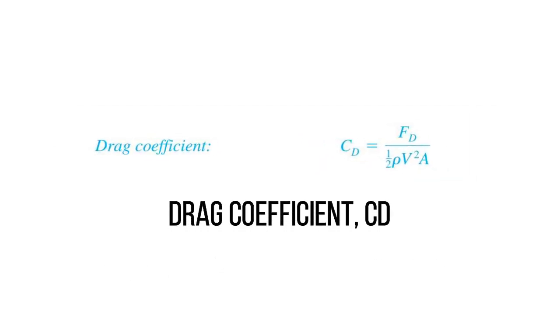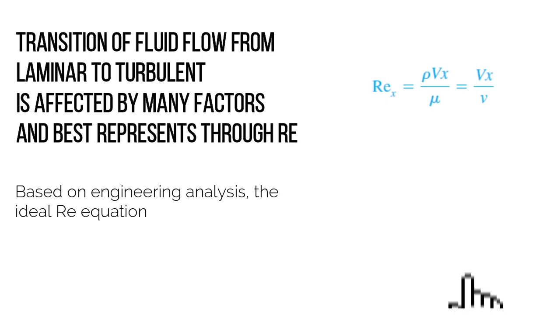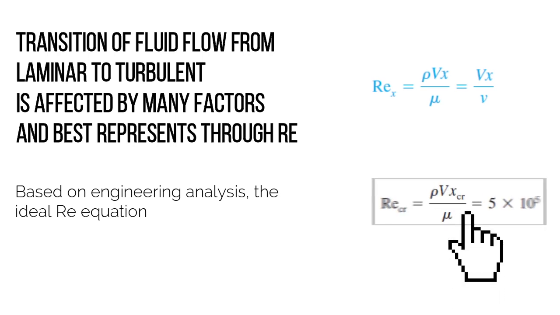In this topic, fluid properties are evaluated using the film temperature equation. In external forced convection, transition of fluid flow from laminar to turbulent is affected by many factors and is best represented through the Reynolds number. Based on engineering analysis, the external forced convection Reynolds number is defined as: